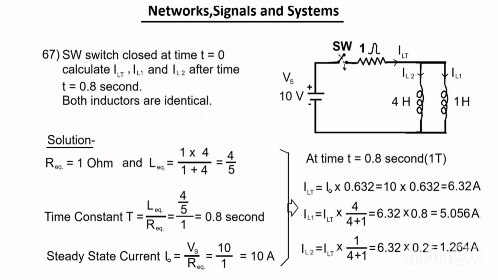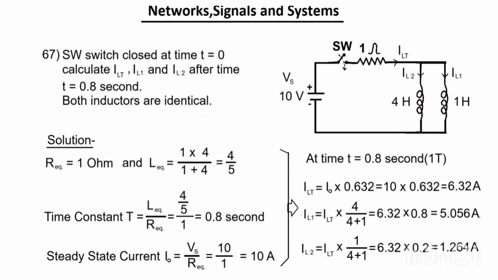Question 67. Switch SW closed at time t equal to 0. Calculate current ILT, IL1 and IL2 after time t equal to 0.8 second. Both inductors are identical. Solution: